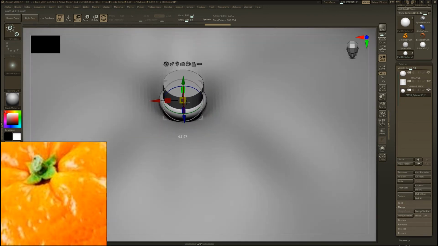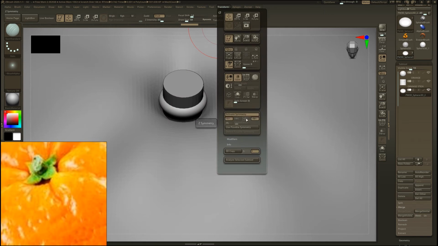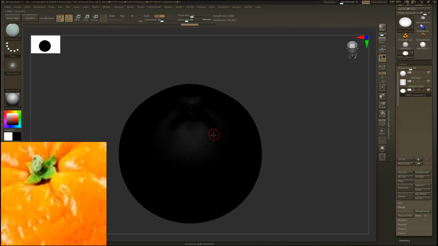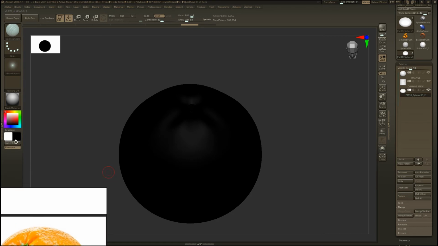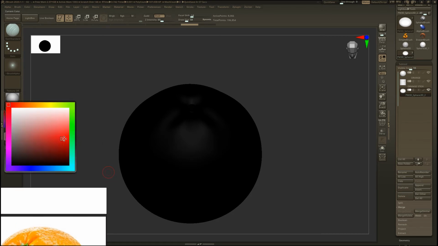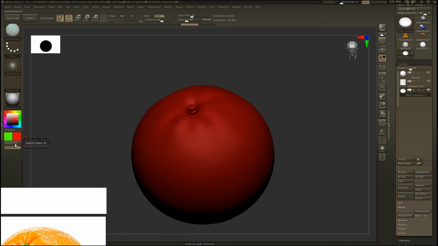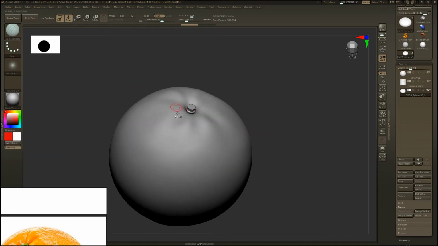Just now sketching it and managing it. You see here, there are 4 lips. So activate symmetry in the X and Y axes so we get symmetry in 4 directions. And if you press V accidentally, this will happen. V is for switching between foreground and background color. You can choose any color from here. You can also click on this to switch between foreground and background color, switching it back to white.